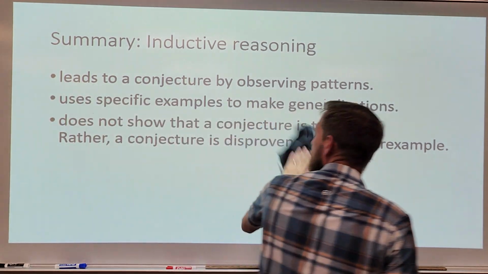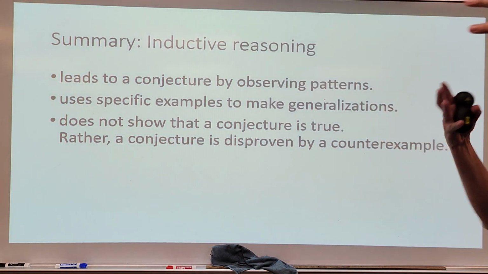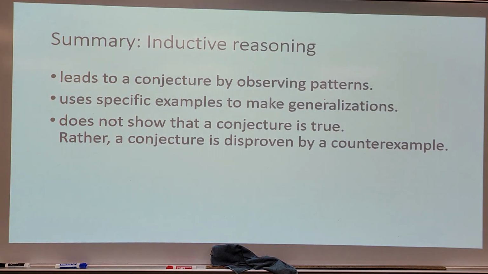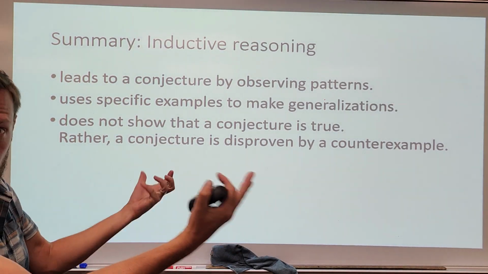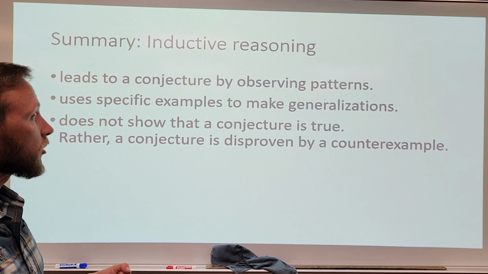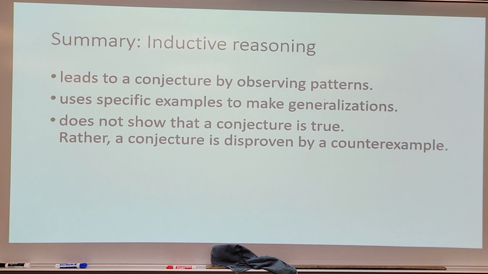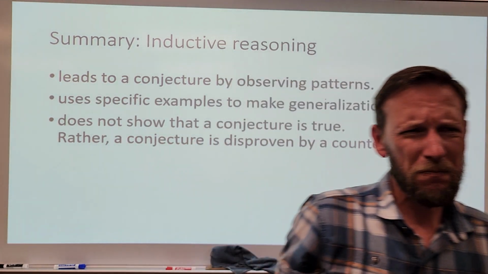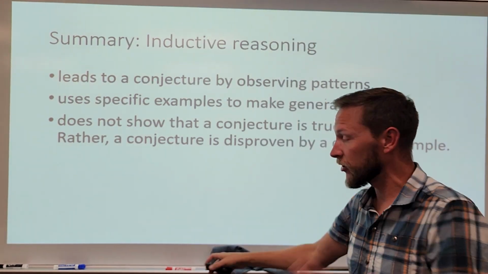All right, so in summary, inductive reasoning will lead us to make conjectures. We will observe patterns, and that will lead us to predicting what comes next. We can use specific examples that will then be generalizable. That's not always true, but it's a good thing that we can do with inductive reasoning. It doesn't always work. It doesn't always give us a true conjecture, but hey, it's an idea. It does not necessarily show that a conjecture is true, but we can always disprove a conjecture by providing a counterexample. It's really tough to show that a conjecture is true in every possible scenario,